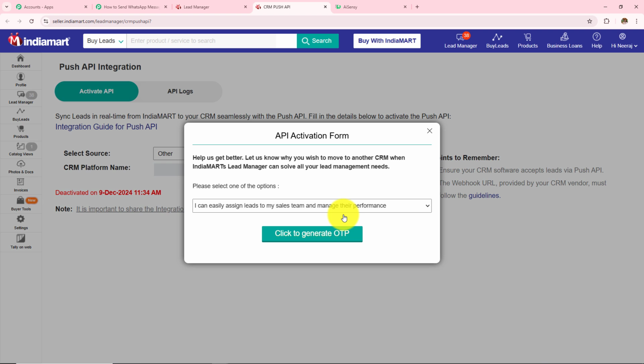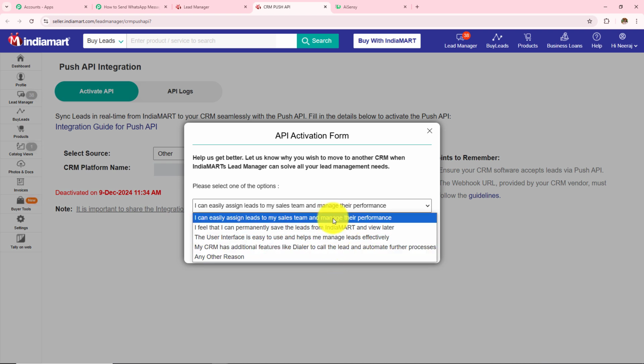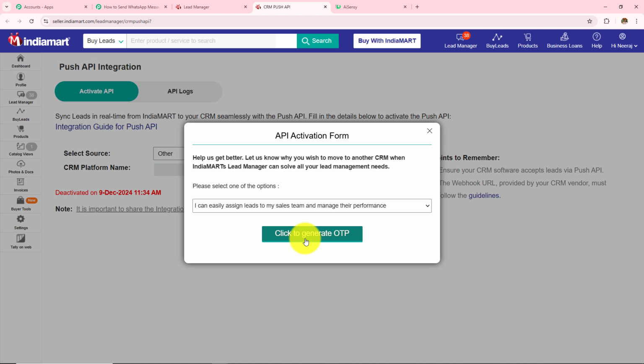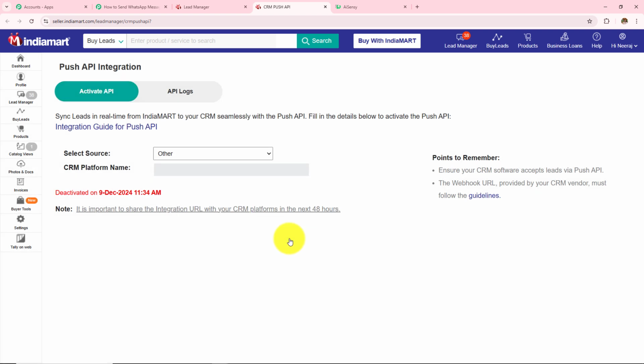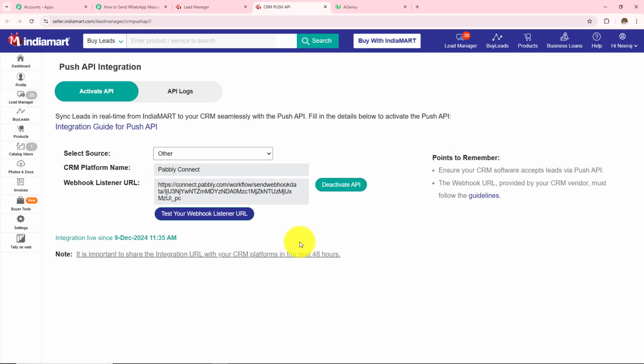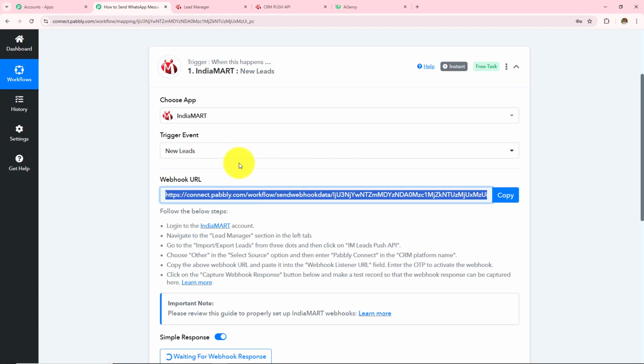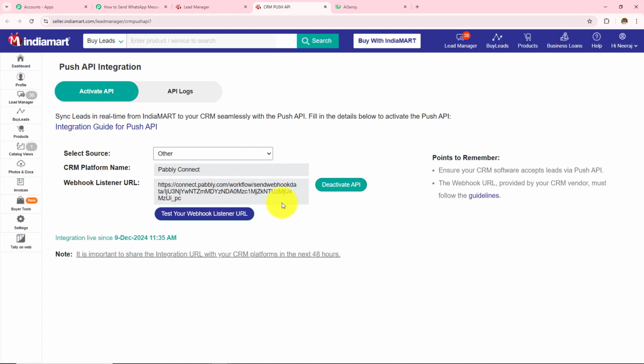Now I need to give the reason why I want to connect my Pabbly Connect with IndiaMART. So from this drop down, I can see all these reasons. You can select according to your choice and preference. Here I simply want to select this as I can easily assign leads to my sales team and manage their performance. And then I have to click on this click to generate OTP. Here I have successfully added my webhook URL that I have received in my Pabbly Connect in my IndiaMART,